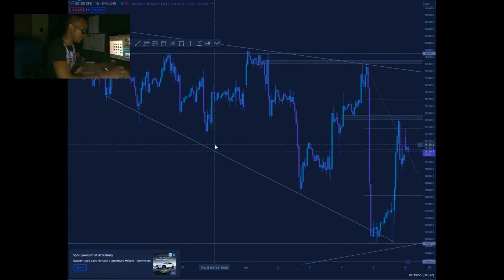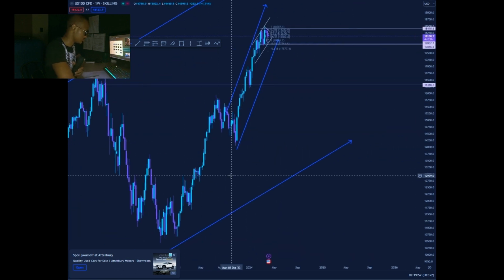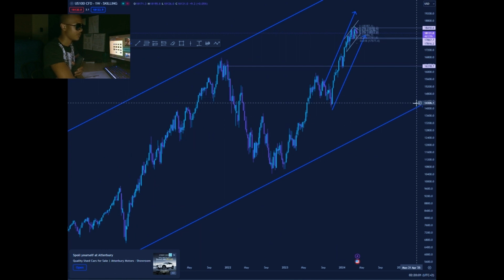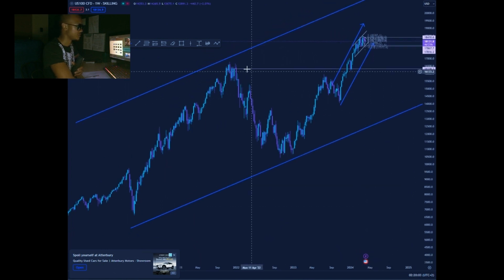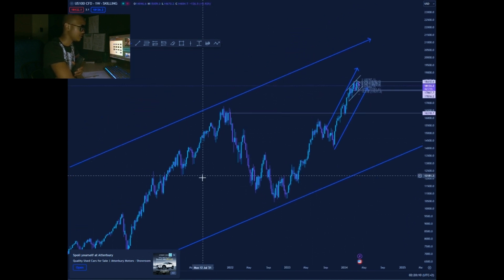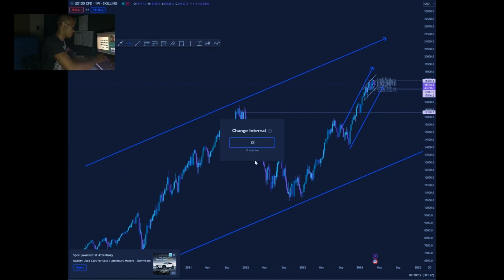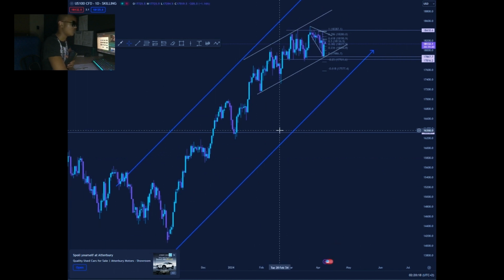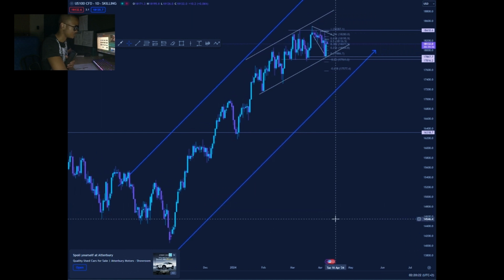Going to the weekly, bullish. The market is bullish, very nice bullish market structure. As you can see, we had an impulse, a correction, an impulse, and we're also having higher lows and higher highs, right? So jumping back to the daily, this is what is happening. We are also bullish, right? We are in a bullish market structure, very nice bullish market structure.